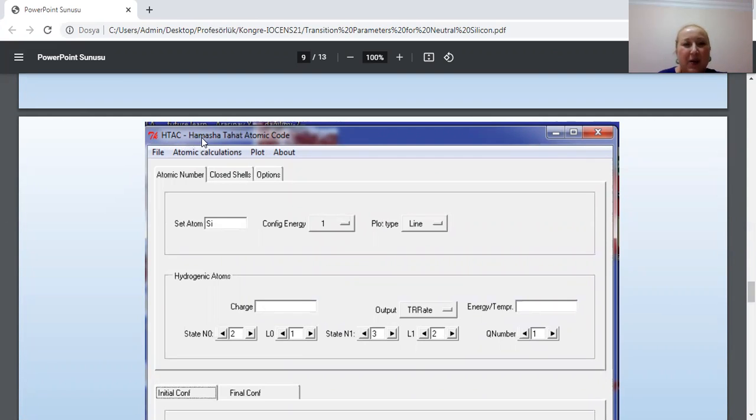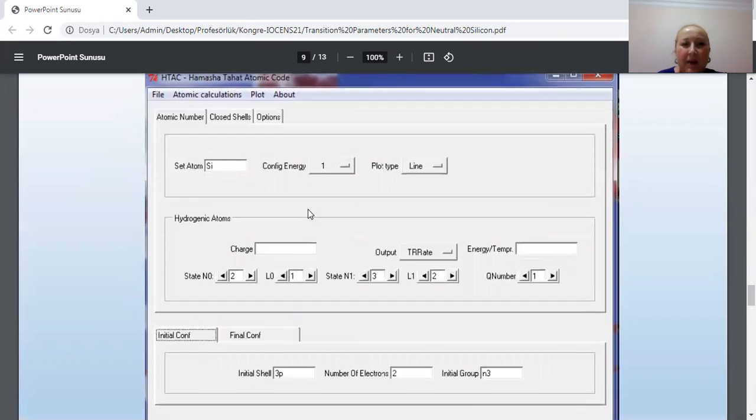HTAC. So you can see the name: Hamasha Tahat Atomic Code. These are the surnames of the authors. Yes, you can also find the papers to understand this program. The main way to use this program, you have to know the atomic number, you have to know the configurations. Yes, so you can find the experimental transitions, and then you can understand the theoretical part,